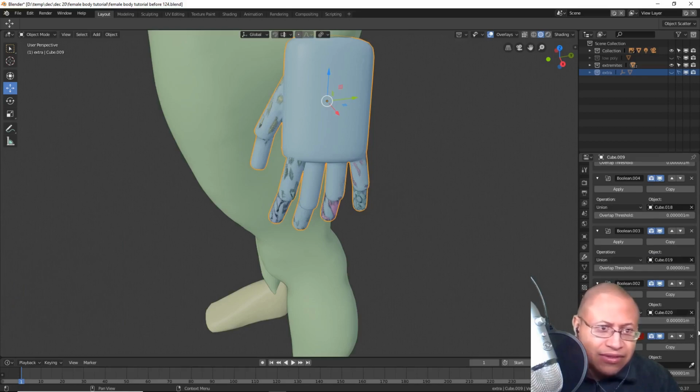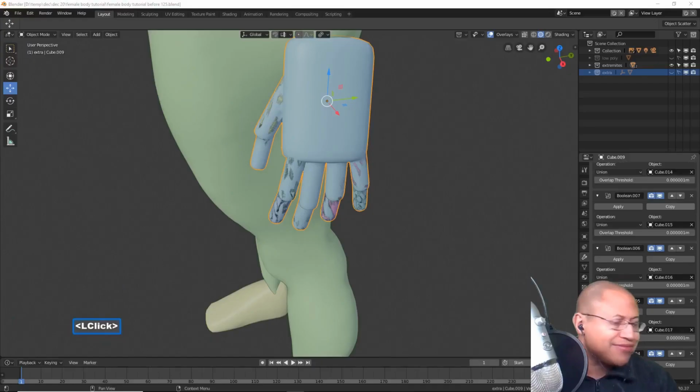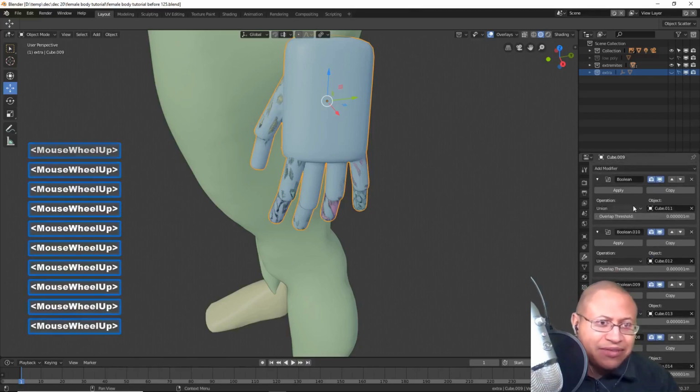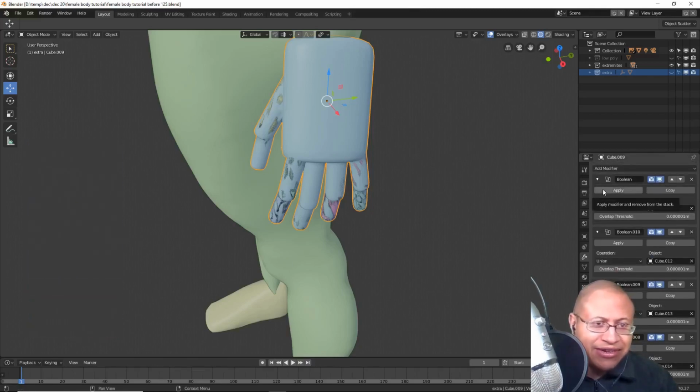Okay, so let's wait a second. Okay. Looks good. Okay, so we're going to go all the way up to the top. We can just put our mouse right in this area. We don't have to move it. We just click